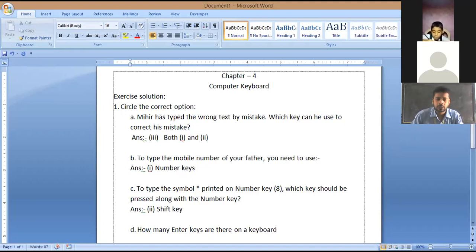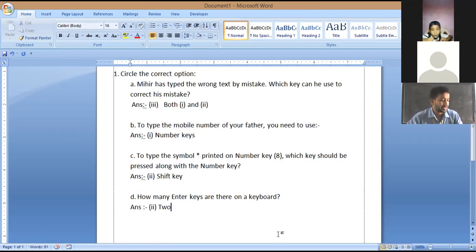In our last week's class we discussed that, and today also we have discussed the same thing, that we have 2 enter keys on the keyboard. So the options are number 1 4, number 2 2, and number 3 C. So the correct answer is option 2. That is 2. So how many enter keys are there? 2 enter keys are there.